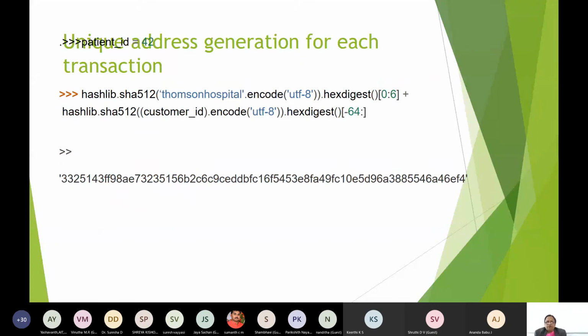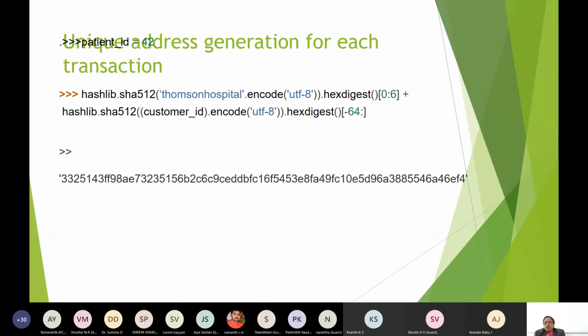Address generation. Thompson: UTF encoding is also one of the encoding parts they actually use with SHA-512. In Ethereum they use the KECCAK algorithm.